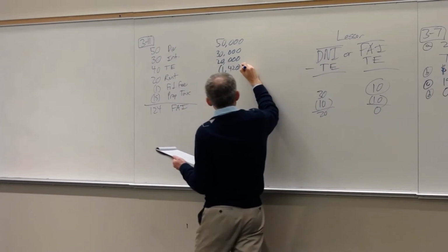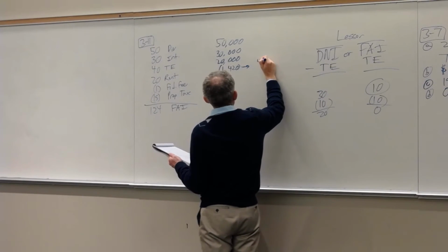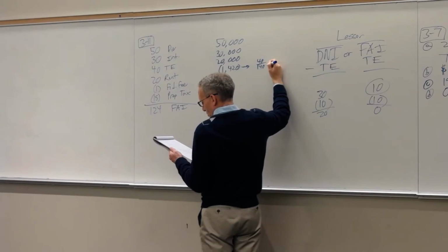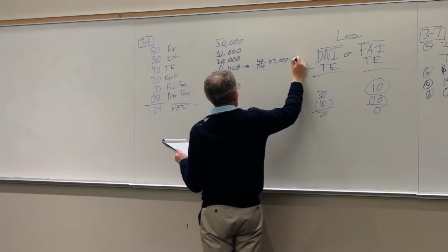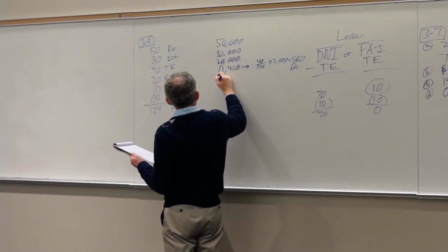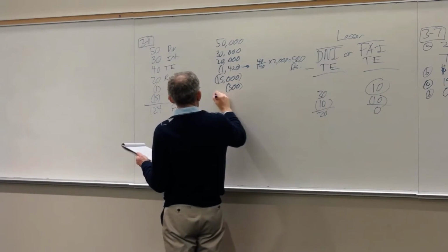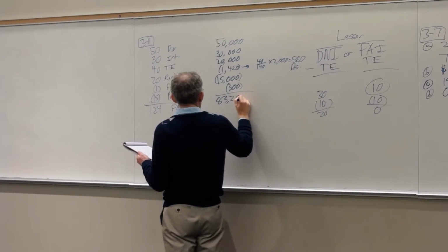Why? Because if you recall, the loss disallowance was 40,000 in tax exempt, over 140,000 of income. We didn't include the capital gains times 2,000 equals 580. That was disallowed. So we only deducted 1,420, and the property taxes were deductible. $300 exemption, simple trust. So the tentative taxable income was $83,280.